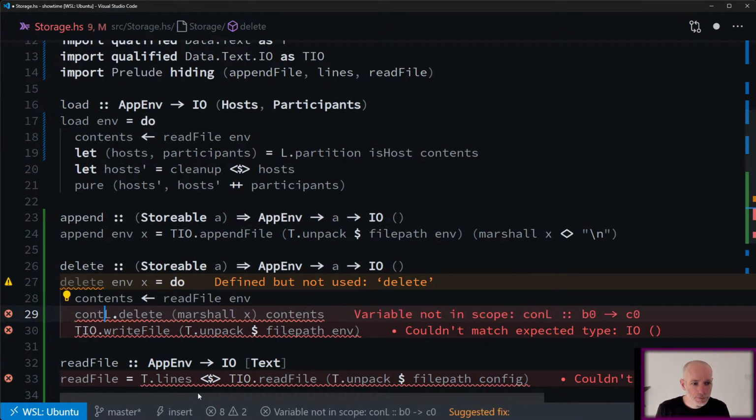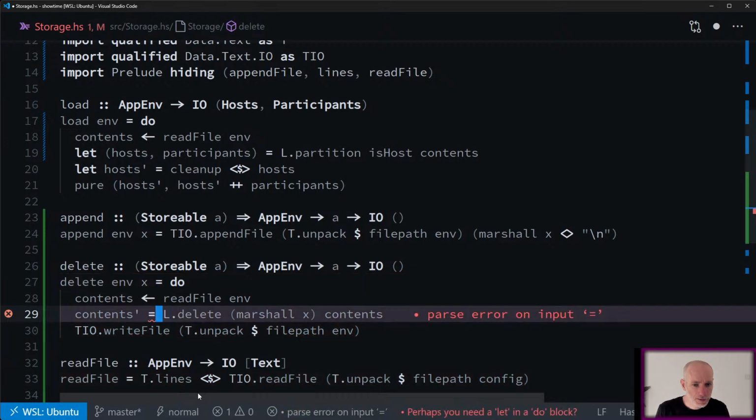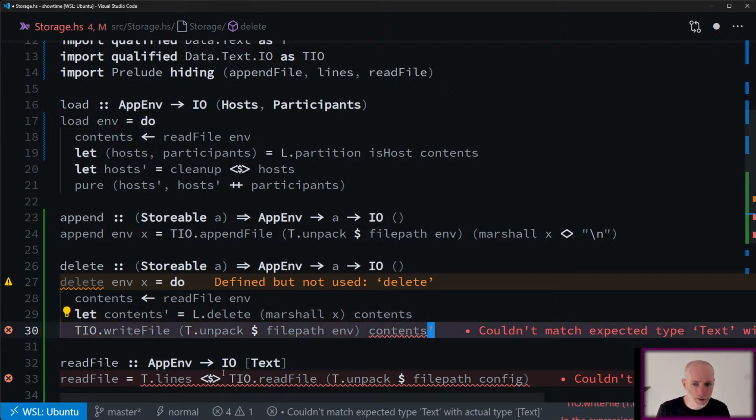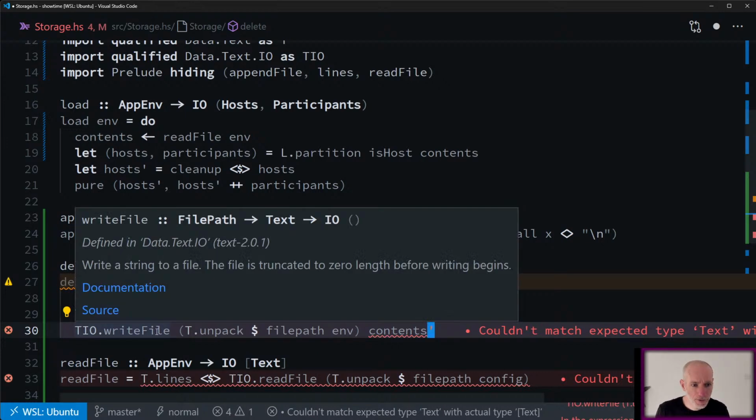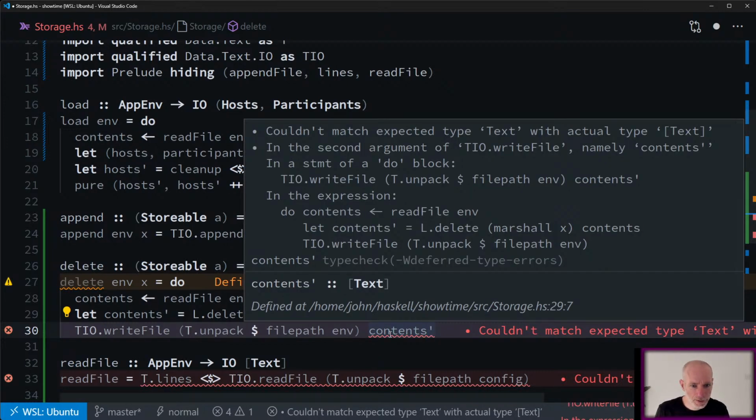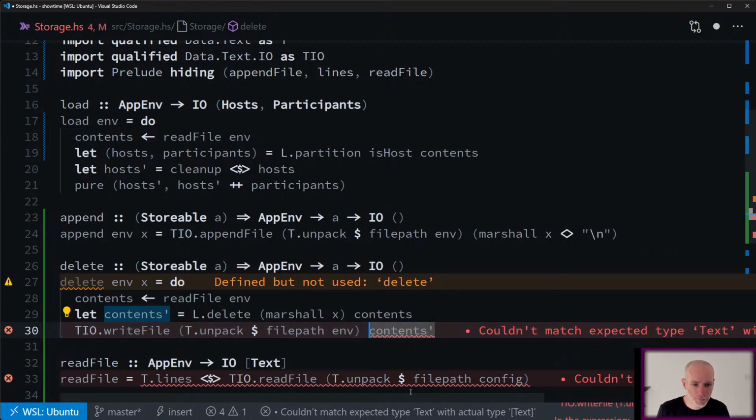So contents prime is equal to that. We need a let in there. And then we write contents prime into there. Write file takes file path and text runs under IO. I couldn't match. Oh, we need to unlines it.